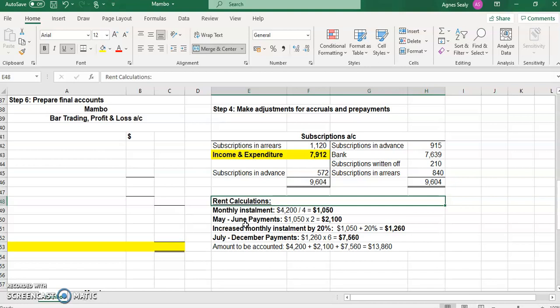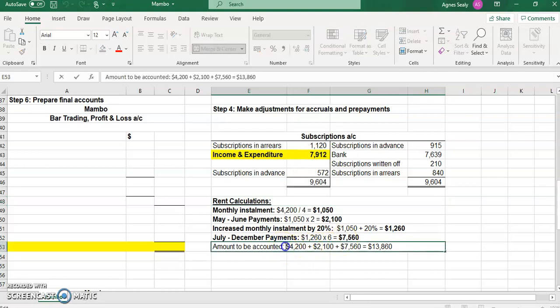and came up with a new monthly payment of $1,260. And then we used that $1,260 to work out how much was paid for July to December, and we came up with $7,560. After we came up with that $7,560, we decided that we needed to find out the total amount that should be included in our income and expenditure account for the financial year